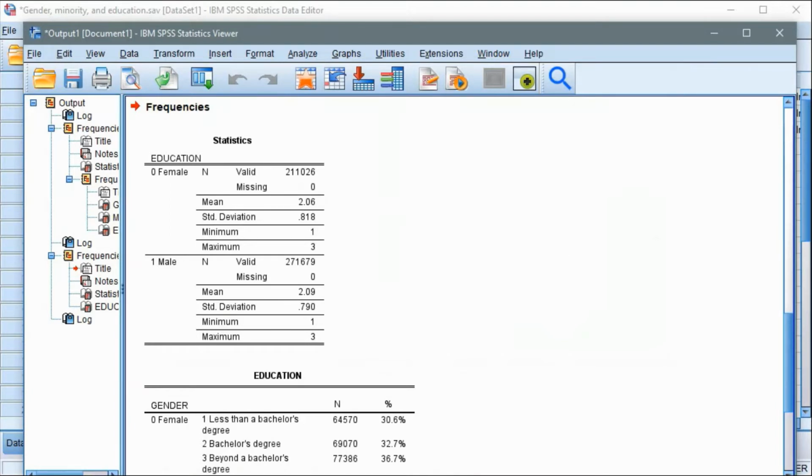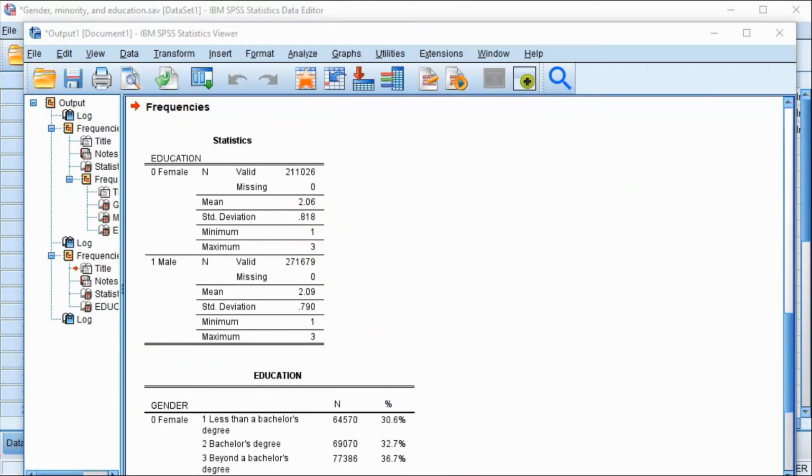Now, the output shows the distribution of education credentials broken out by gender. In this table, we see that the bigger portion of females has less than a bachelor's degree, about 30% compared to males. Now, if you want to break it down further